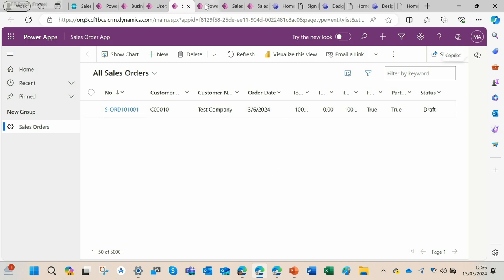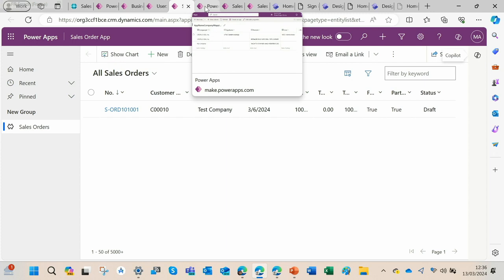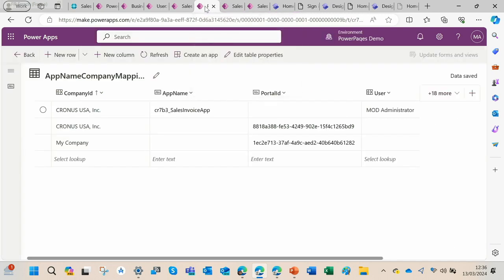So now what I'm going to do is show you a mapping table that can be used to override also the user-specific setting for any combination of user and apps. In here, I have a mapping table, which I called app name company mappings. In the first entry, I'm saying that the app name is CR7B3 sales invoice wipe, and for the user mod administrator, when this combination is launched in the Power Apps, you always target